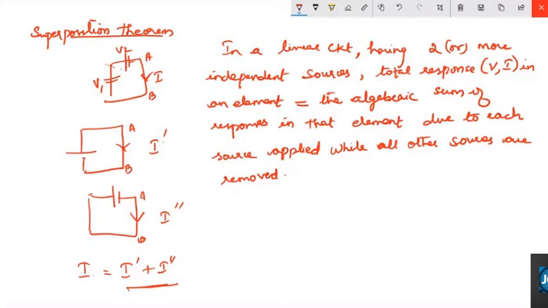In the question, they will mention: find the current through the 2 ohm resistor using the superposition theorem. That means for each of the steps, you have to find the current in the 2 ohm resistor. And then at last you have to add all your currents. I dash plus I double dash plus I triple dash will give you the total current across that branch. If the direction is opposite in any step, accordingly you have to subtract it. And the advantage of the superposition theorem is that we are considering only one source at a time.